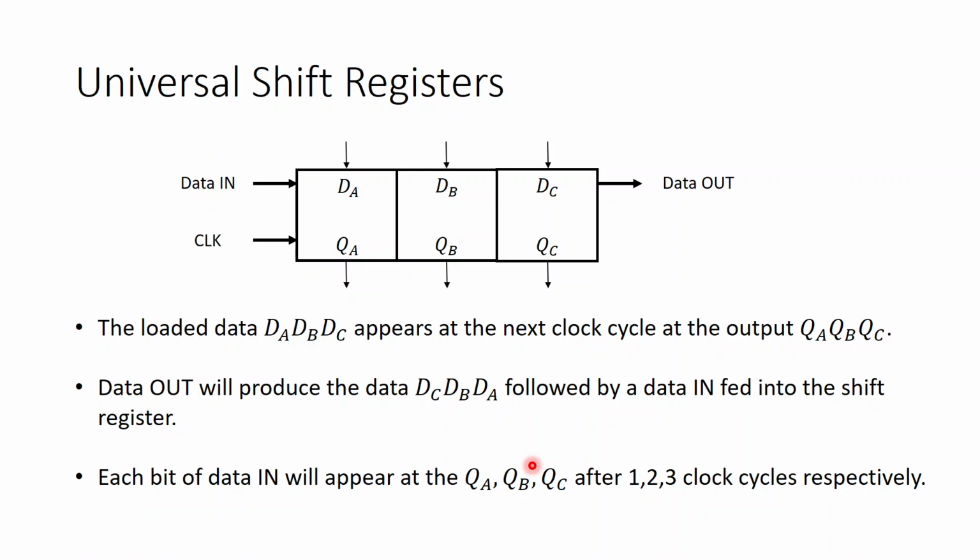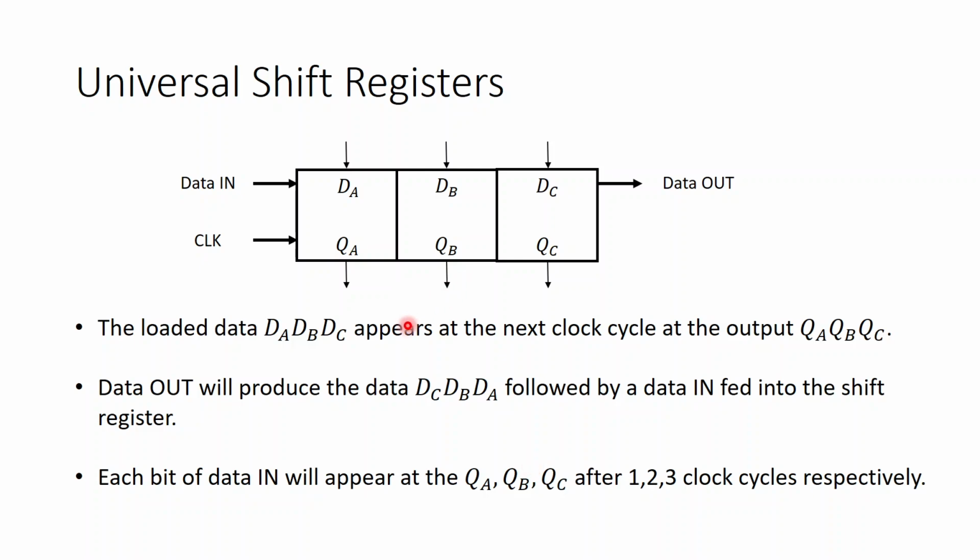So you already understood that we can feed the data in serially or parallelly. We can read the data out serially or parallelly. So what is a universal shift register? It is one where we can do any of this. We are not restricted to only serial feeding in and serial reading out, or parallel feeding in, parallel reading out. We are not restricted with anything. We can load data serially and then feed data. We can load data parallelly and then feed data serially, and then read it out parallelly also. So everything can be done.